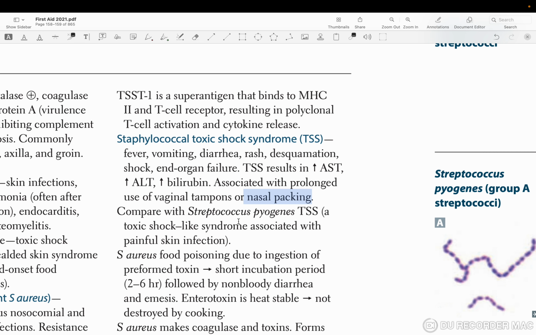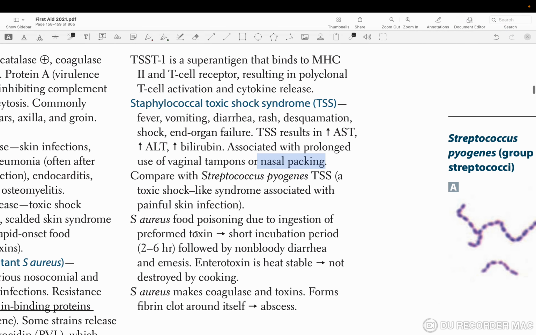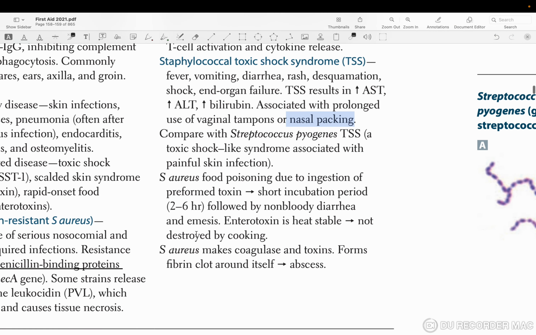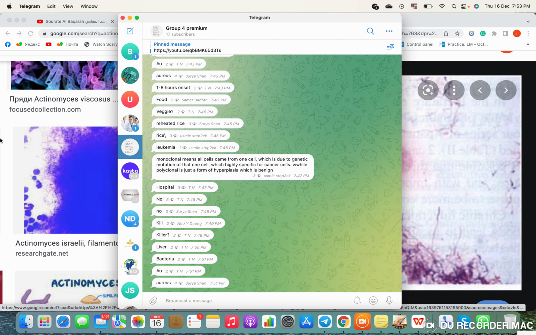Staph aureus food poisoning is due to ingestion of a preformed toxin, with a short incubation period of 2 to 6 hours, followed by non-bloody diarrhea and emesis. They start vomiting, watery diarrhea. Enterotoxin is heat stable, which means you cannot destroy it by cooking. Staph aureus makes coagulase and toxins. They form a fibrin clot around itself, which can lead to abscess. So now we'll speak about why